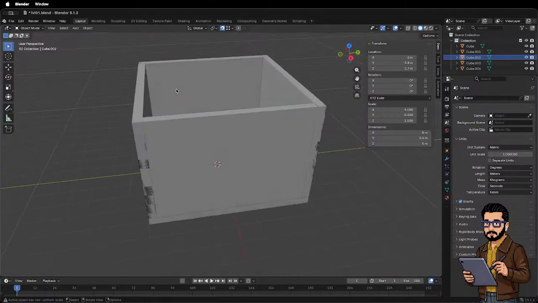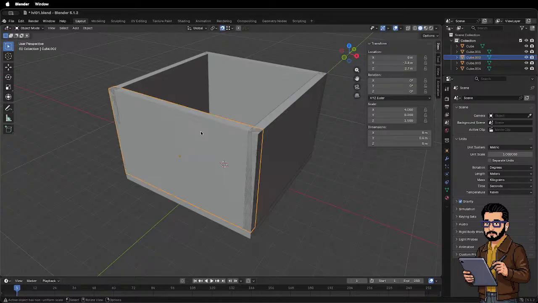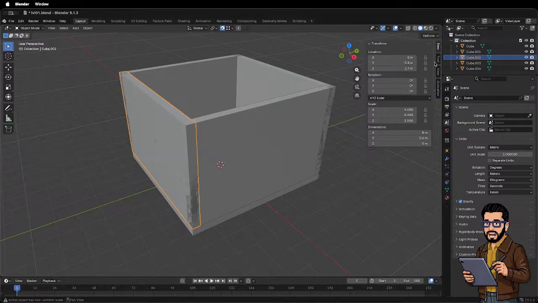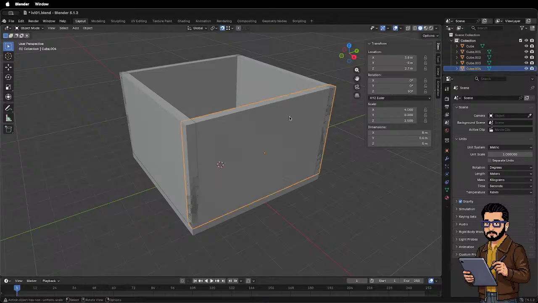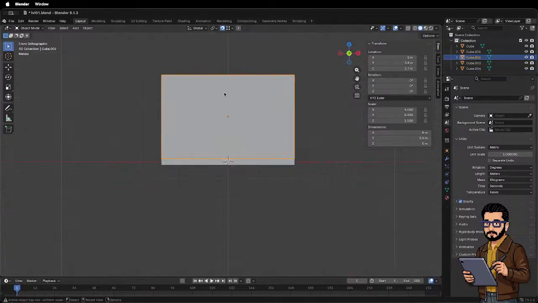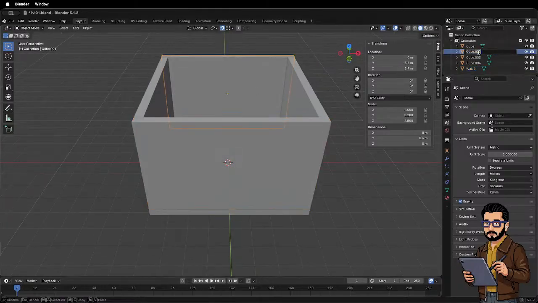So what do we want to do here? First of all, as a developer, I know that it's better to organize everything right now before it's going to be a real mess and we don't have time to do this anymore, or it's going to be so much harder to do later. So let's say this is south, so I'm going to say wall S, then this is going to be north, wall N, then we are going to have